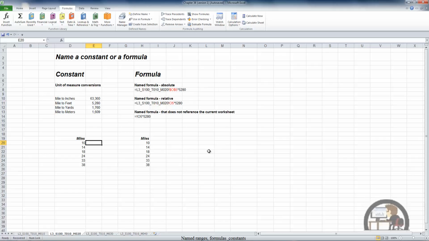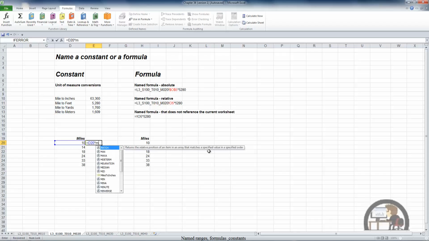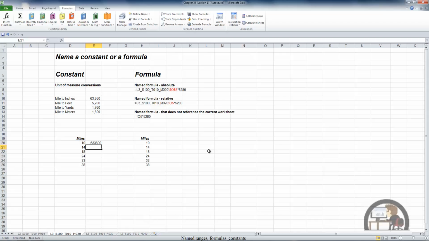And now I can use that as a reference in a cell formula, equal cell D20, which is 10 times. I can start to type this, and I'll get the IntelliSense to show me the range that I just created. Tab to enter it into the cell, and enter, and I've got my conversion. And I can go up here and change this. I can delete it, and it's not going to affect the constant that I just set up that represents that